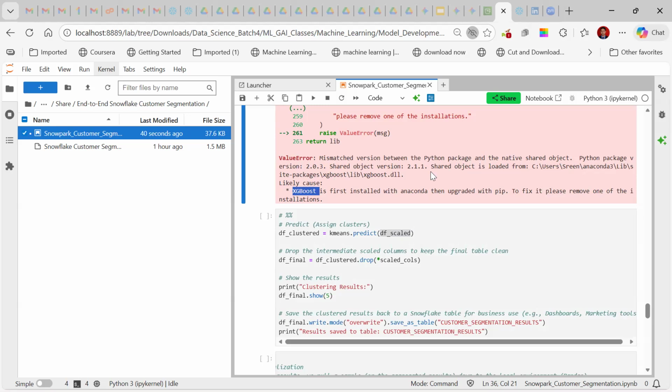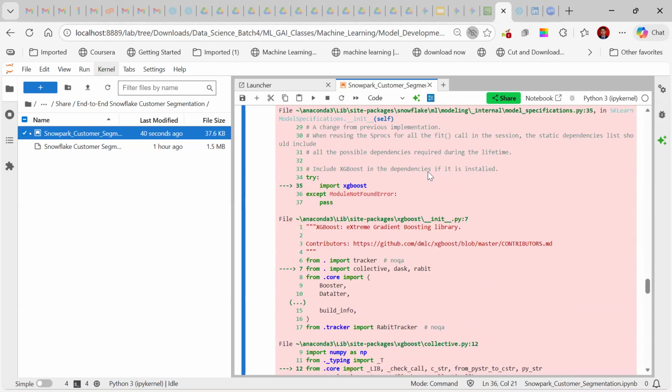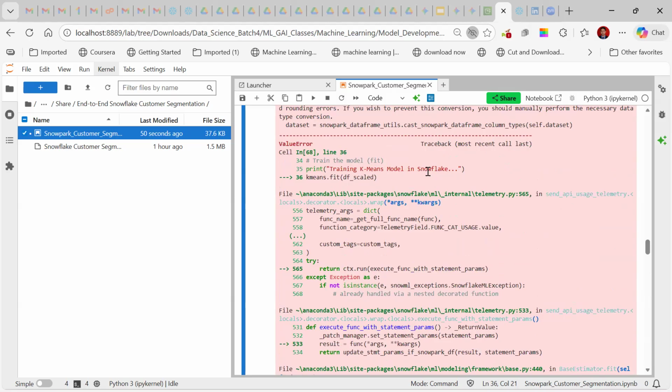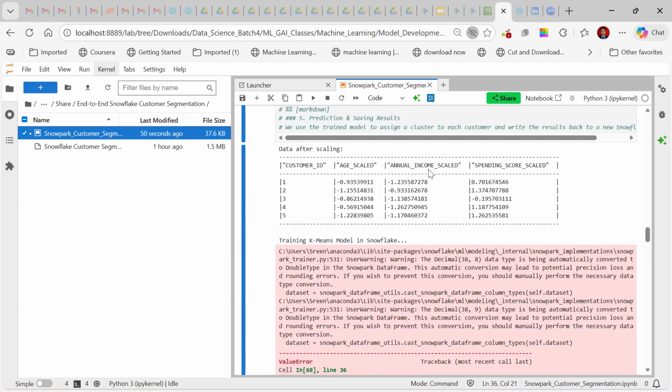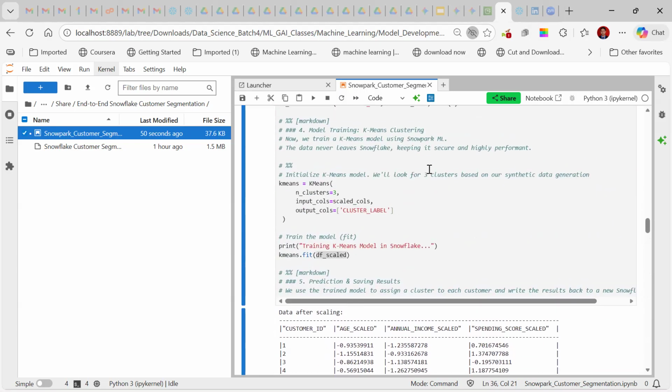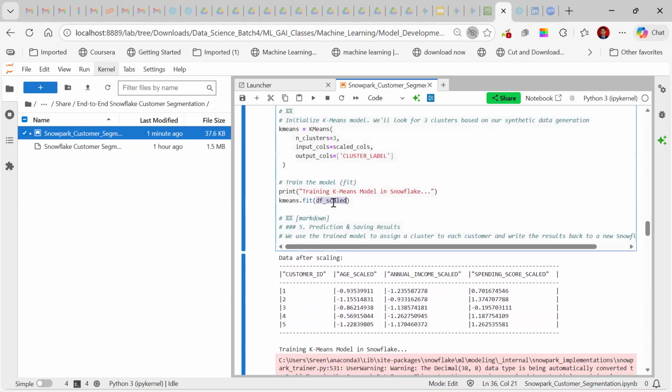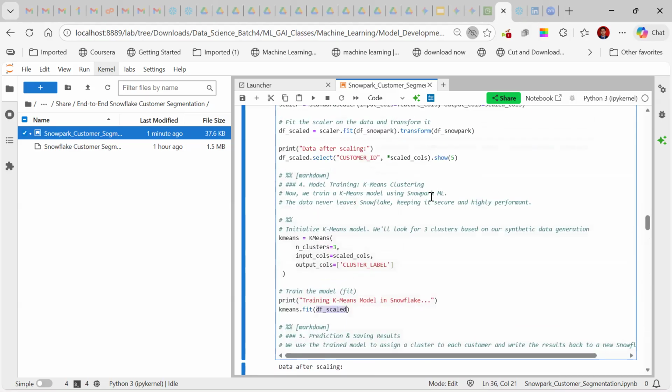It is saying you need to install and upgrade, but I'm not installing anything. I don't know why it is saying installed. I'm simply calling the fit function only. I'm not doing anything extra. I'm not sure why it is saying that. Just give me a minute.